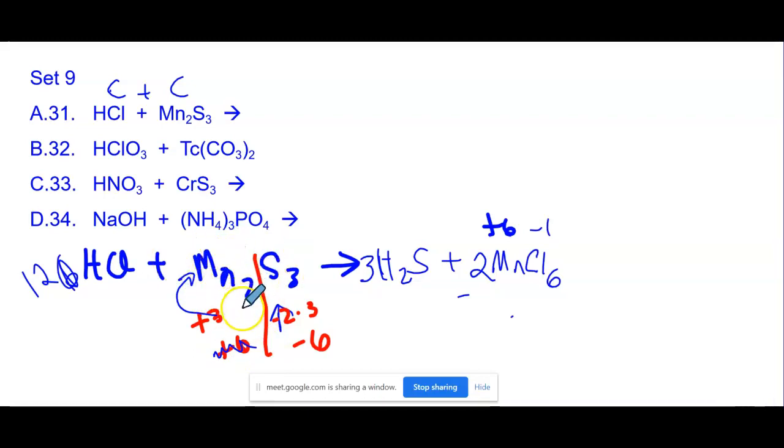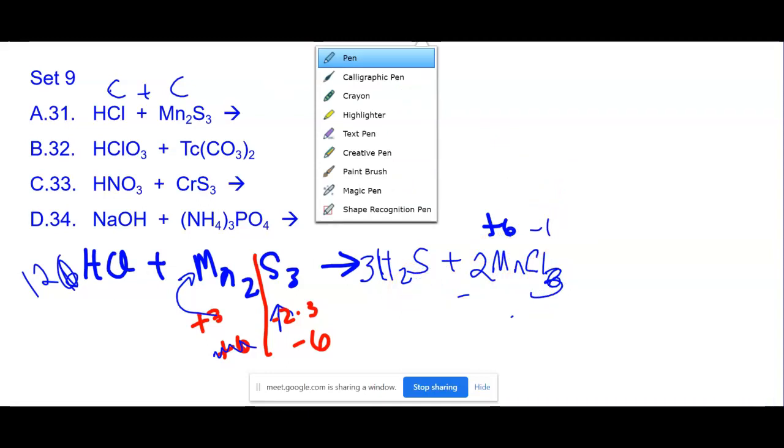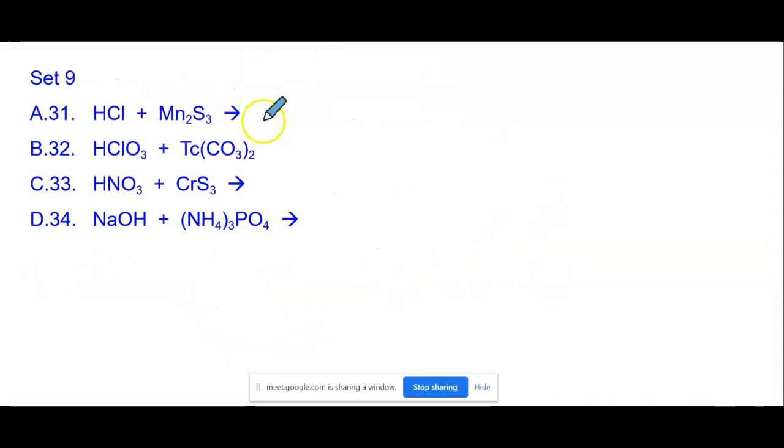This is the hardest one probably on all of these. But that's because I would have to get a +6. I do 2. This is a +3. So this is actually a 3 here. So let me go through that again. Let me clear my screen and I'll go through that again with you. Sorry about that. HCl